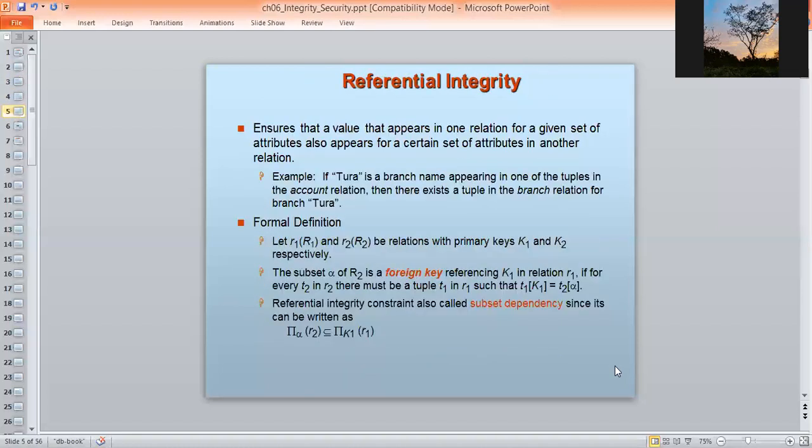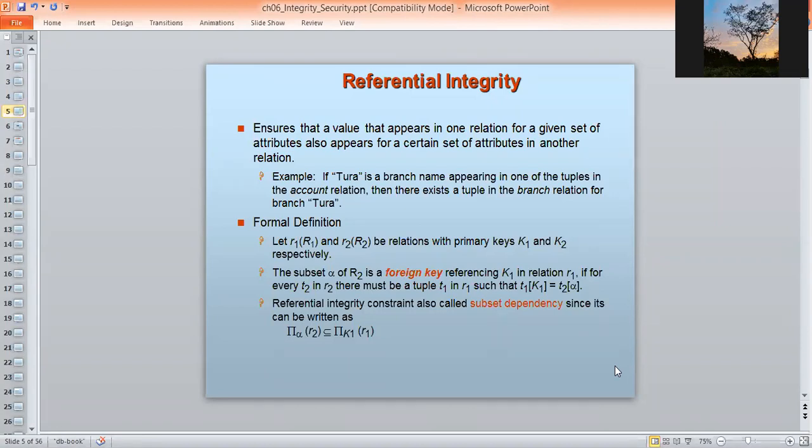Now coming to the referential integrity constraint. We have already studied that in DBMS 1: for example, a primary key value cannot be null, and referring foreign keys should be valid.